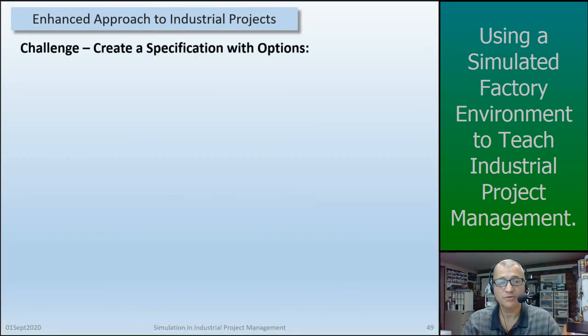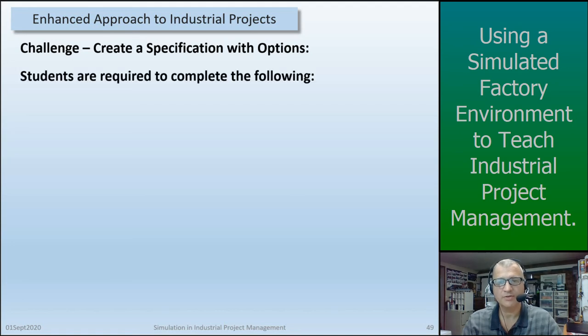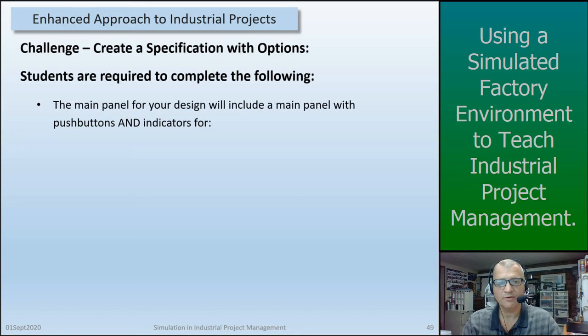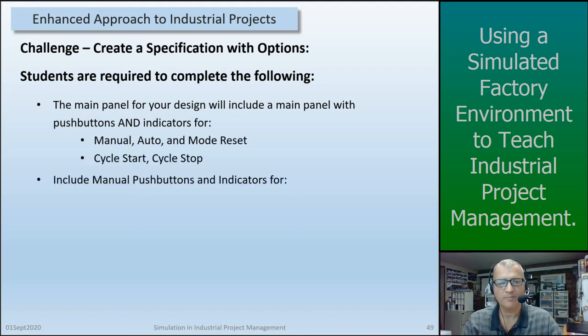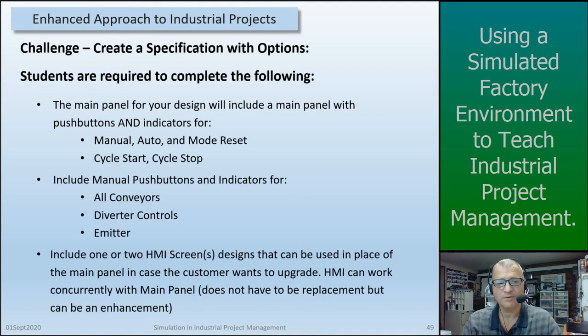So the challenge here for the students is to create a specification with these options in mind. Now the students are required to complete the following for this task. They have to create a main panel for their design, which will include push buttons and indicators for auto, manual, and mode reset, cycle start, cycle stop. They also have to include manual push buttons and indicators for all the conveyors, the diverter controls, for the emitter,